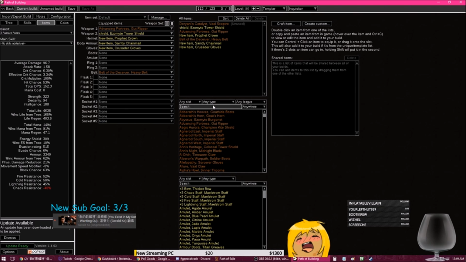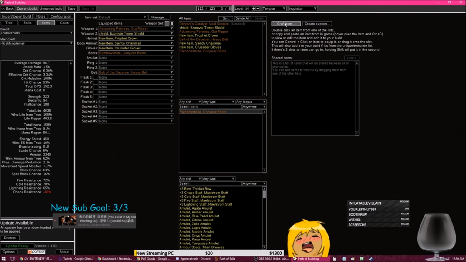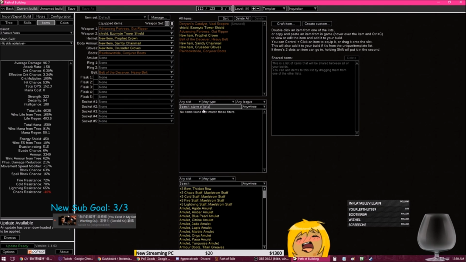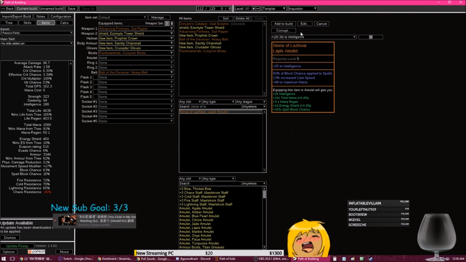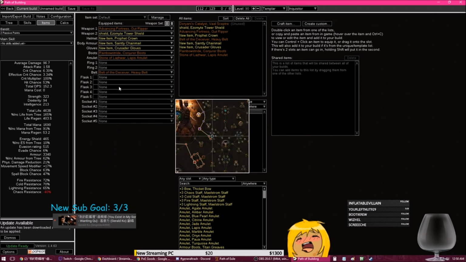Boots, amulet, ring. Boots, let's see. Cheap unique boots, that would be good. You could use the Rainbow Stride boots, they would be good, because you are going to want to convert a lot of your stuff into spell block. We'll get that, and then we'll use the Stone of Lazwar to get a lot of other spell block. Both of these are like 1 alch uniques. How do you spell Lazwar? That one. So now we're at 63 block, 43 spell block, with just shit uniques, and these Rainbow Strides actually